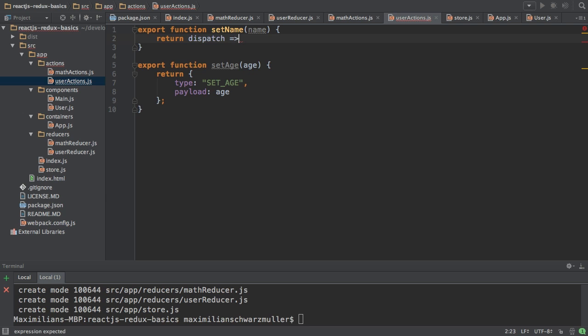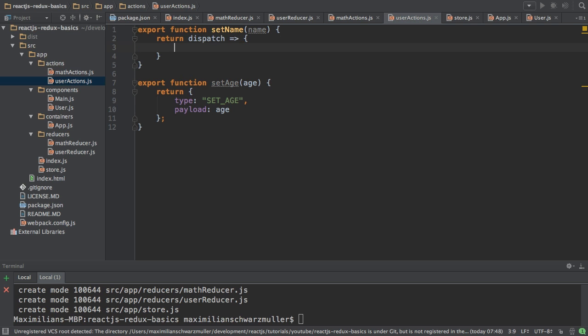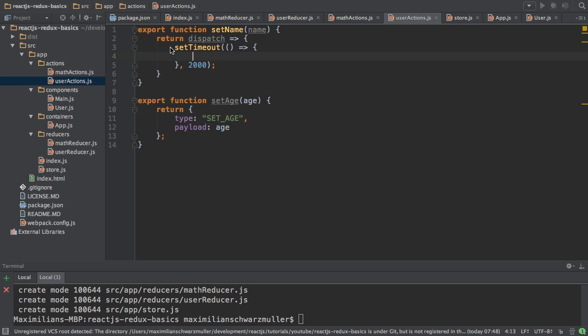dispatch. And this function here then has, let's say, a timer to simulate a server request which takes a couple of seconds. Here, instead of setTimeout, you would reach out to the server and wait for the answer. So let's say it takes 2 seconds. Again, just to simulate that. After 2 seconds, this callback here gets executed. That's the default setTimeout function. Again, if you were reaching out to the server, you would probably also trigger some callback once the data is